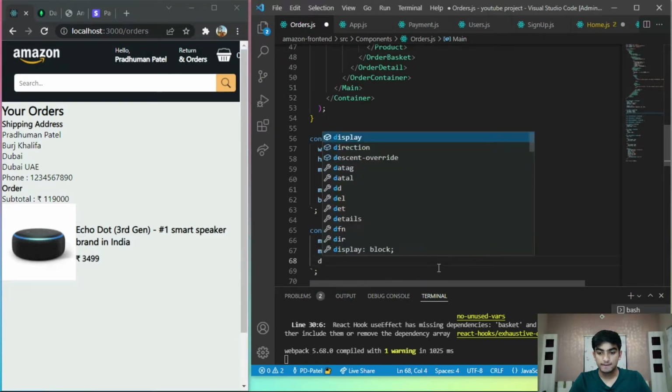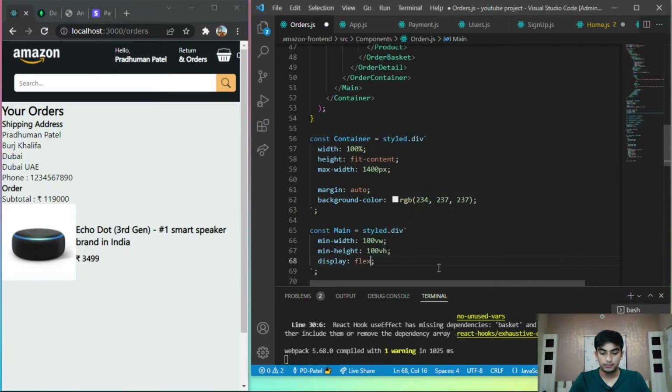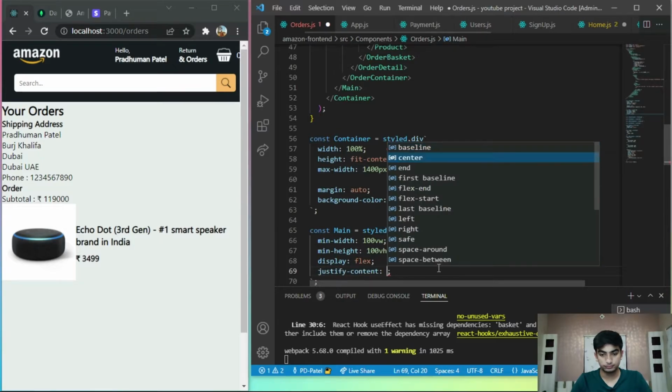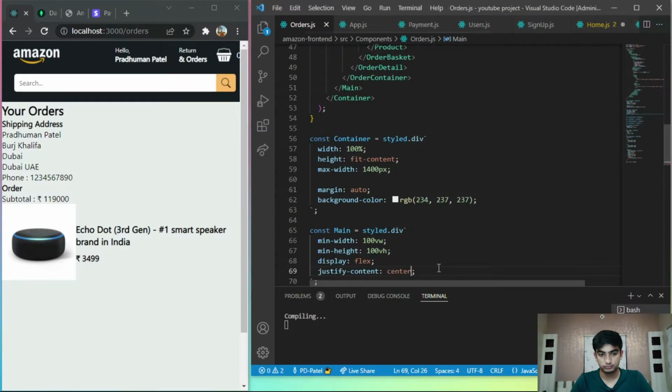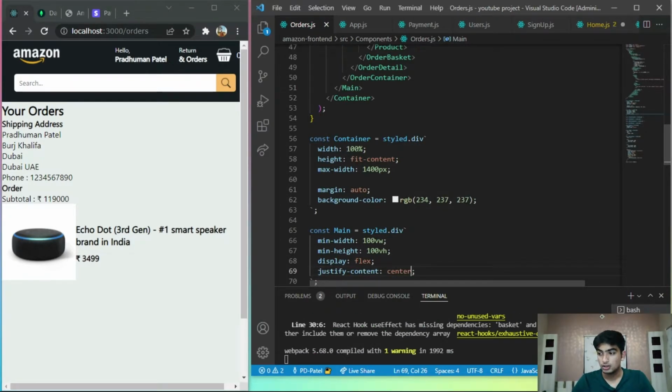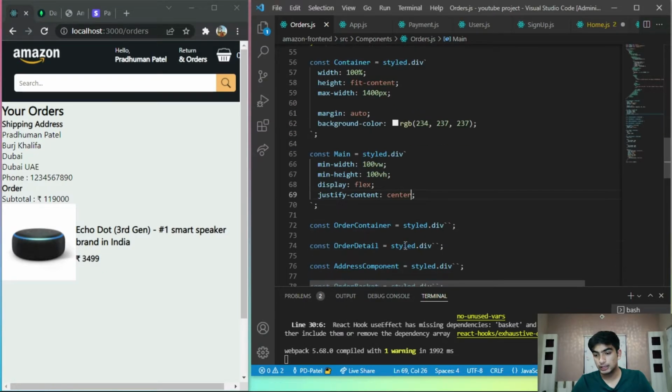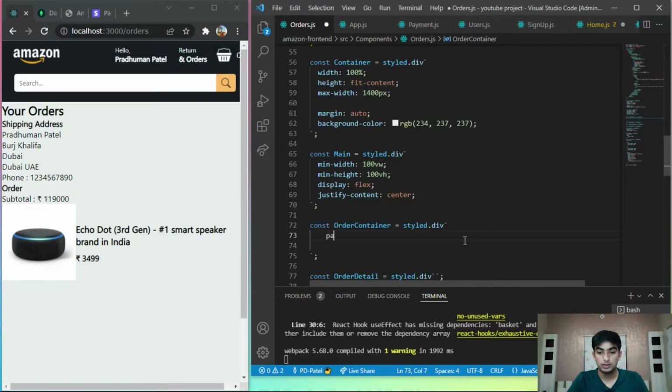Display flex, justify content center. Okay, now go to orders container, provide a padding of 15 pixel,